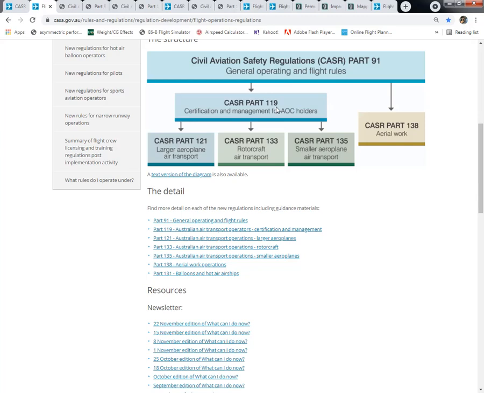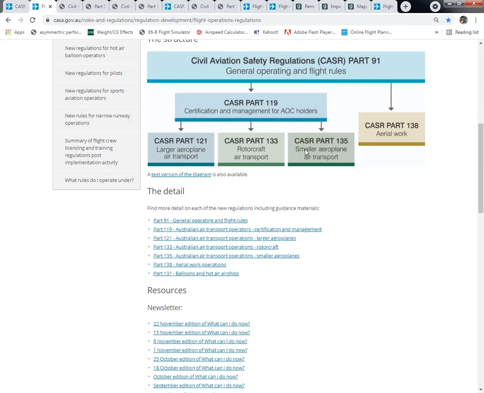That's kind of like the old CAO 82, conditions on air operator certificates, and doing those sort of AOC holder type privileges. So Part 119 is not really related to pilots, so you don't get to take that with the exam. But branching off from that is CASA 121 for the big end of town, so aircraft over 9 seats and 8,618 kilos MTOW, so bigger than 5700 actually. There's a bit of a jump up for that.